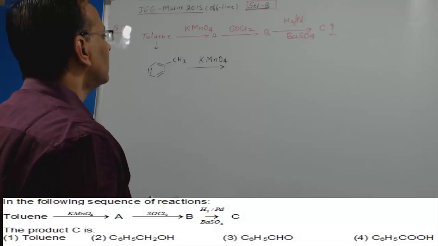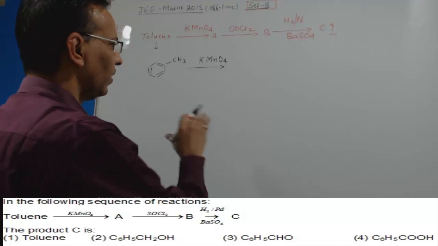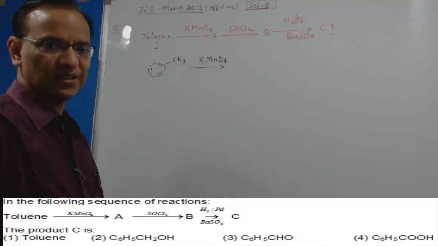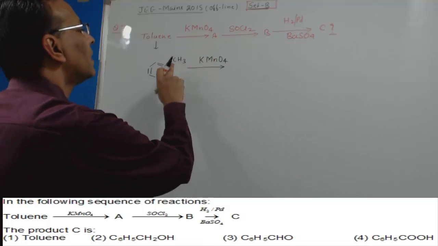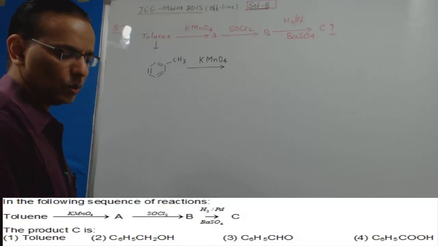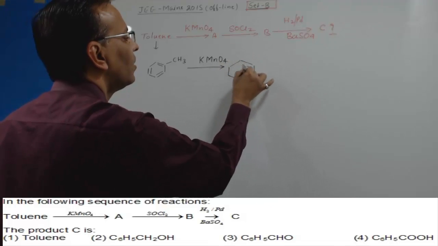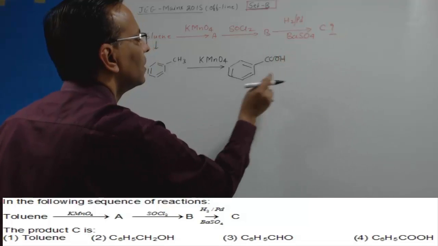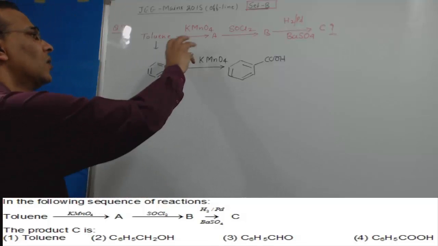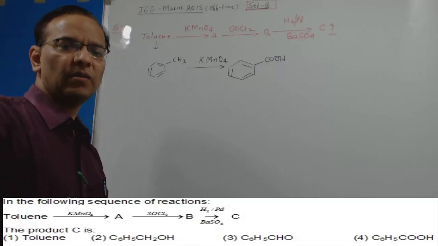So toluene with KMnO4. Since acid medium is not given, we cannot expect the rupture of the benzene ring, so we'll assume that it is alkaline. Here, in all cases, the alpha carbon is converted into COOH, giving benzene with one COOH. This is a general reaction of alkyl benzene: any alkyl group containing alpha hydrogen on benzene, when treated with potassium permanganate in slightly alkaline medium,